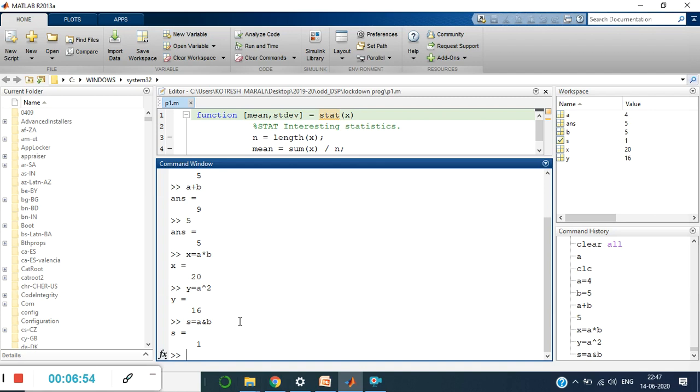Now let me say a equal to 0 and we'll check once. You need not type that again; on your keyboard, use the up arrow, which will show the previous history of commands. Now you say a and b, the answer is logic 0. Similarly, you can use this operator to perform logical OR operations.